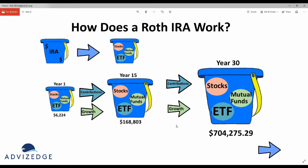But let's say you started really young, so you're going to continue to contribute to your account, which is good because you're just hitting the upward motion part of that exponential growth curve, meaning that the longer your funds are in an account and growing and growing and growing, the faster they're going to grow as your account balance grows. So between year 15 and year 30, you will have grown now to a balance of